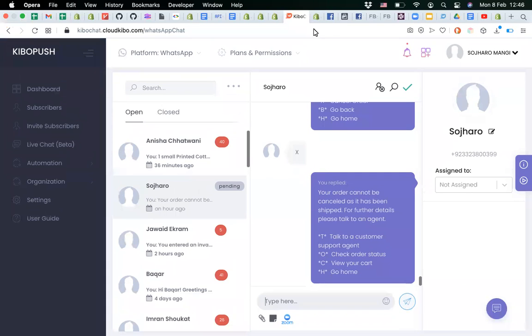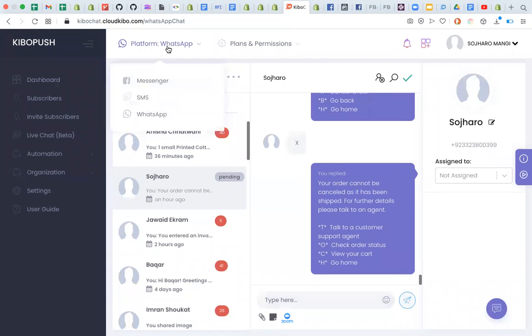This is the WhatsApp platform, so we can easily see what platform we are on and which customer we are speaking to. In the Keyboard Push live chat, we have these options. A customer can start having a chat with an admin, and the admin can reply from here.